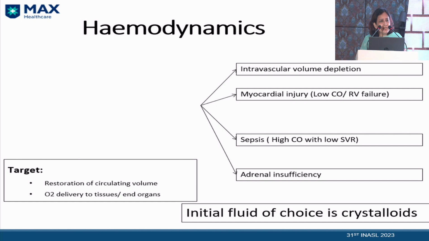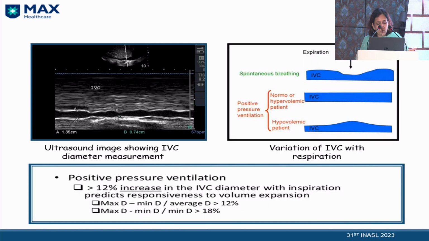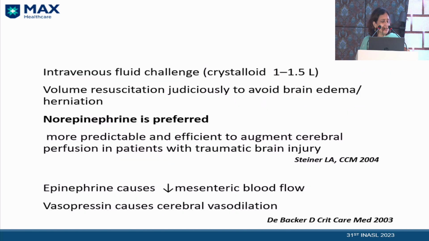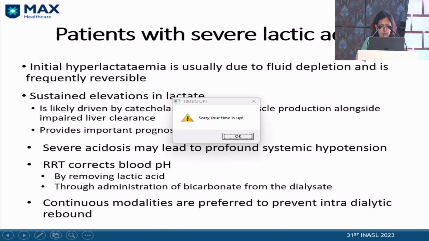So hemodynamics is another thing which needs to be managed in the ICU, and again, that is the role of the intensivist to see whether the heart is affected or is it volume depletion or is it sepsis. We use the passive leg raise test and we use the flow track monitor. We assess the stroke volume variation. We see the IVC diameter and we decide how much volume to be given. So these are the things which are better done in an ICU and the role of the intensivist hence. Which inotrope to use, management of lactic acidosis with volume depletion. If the patient is volume depleted, you will initially get lactic acidosis, but once you repleted the volume, then